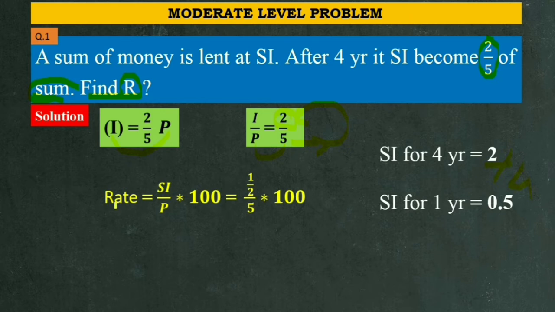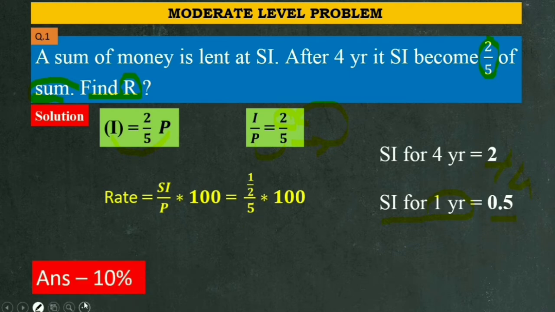As in the previous video, I have explained the formula. Why I have not written the value of n is because I am calculating the simple interest for 1 year. So the value of the period itself becomes 1, that is, n becomes 1. So we have to simply put the values of SI and P. Rate is equal to SI upon P. SI we have got the value, that is 0.5, 1/2, upon 5, the principal value 5. So after calculating it, we'll get the simple answer, that is 10%. Okay.